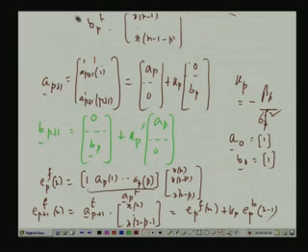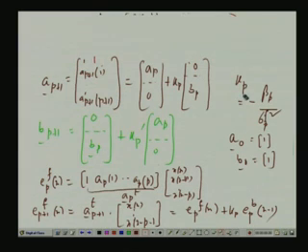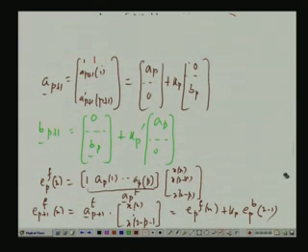Similarly, so Ep plus 1 Fn, this is a very important equation, Ep plus 1 Fn is EpFn plus Kp times EpBn minus 1. Then the question is, what is